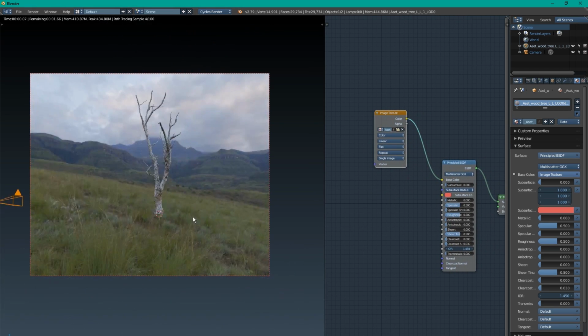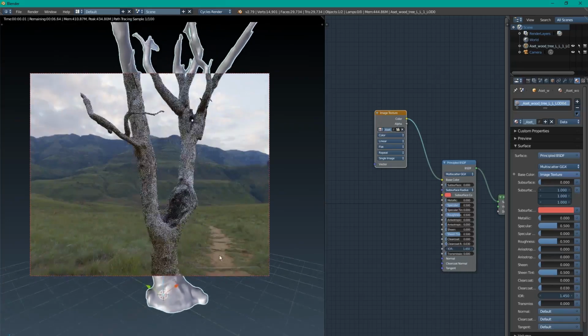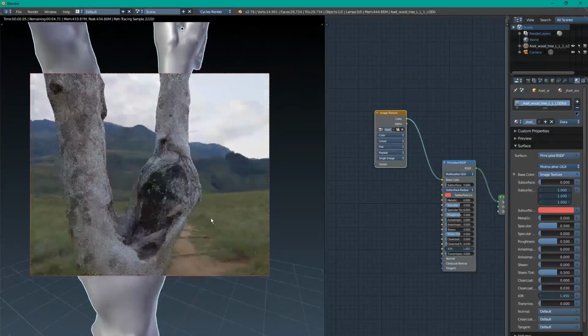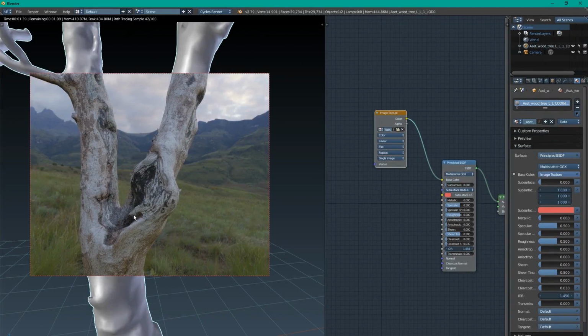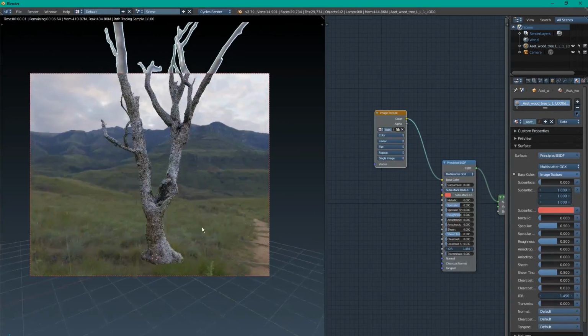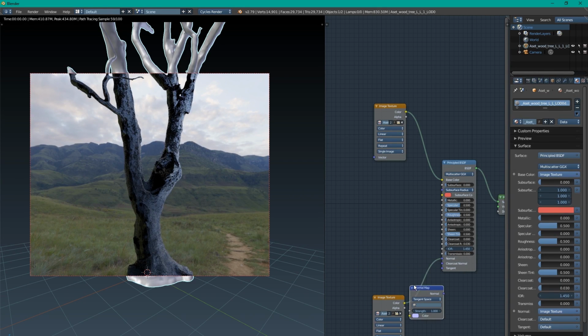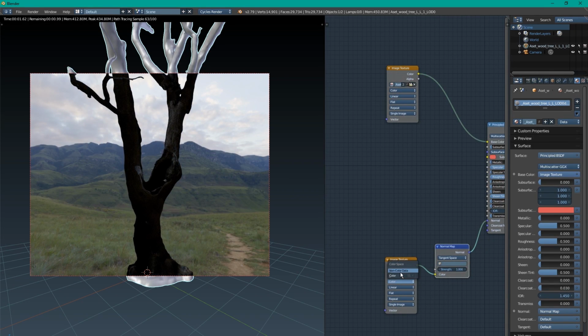And already, just with the albedo plugged in, you can see how much detail you have in here and how nice it looks, because since it's a photo scan, all the geometry matches up perfectly to the texture. So it just looks fantastic so quickly. And you're going to get it to look a lot nicer. All you have to do is add the normal map, non-color data,